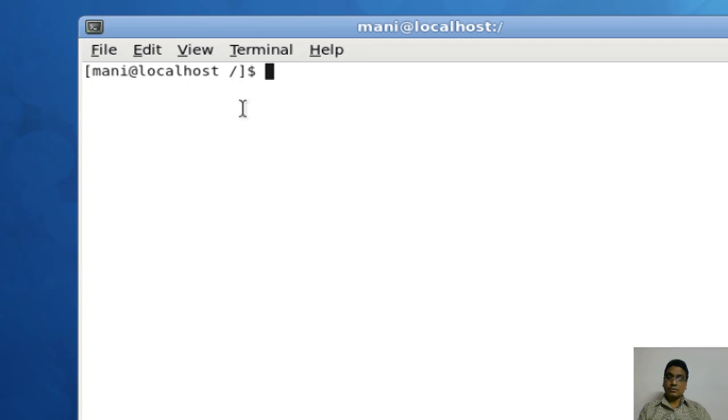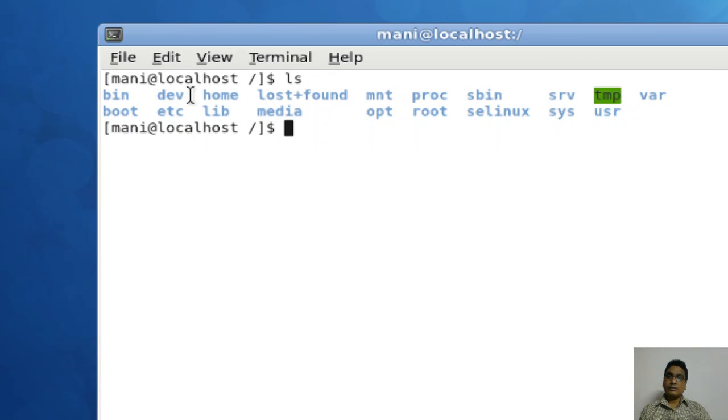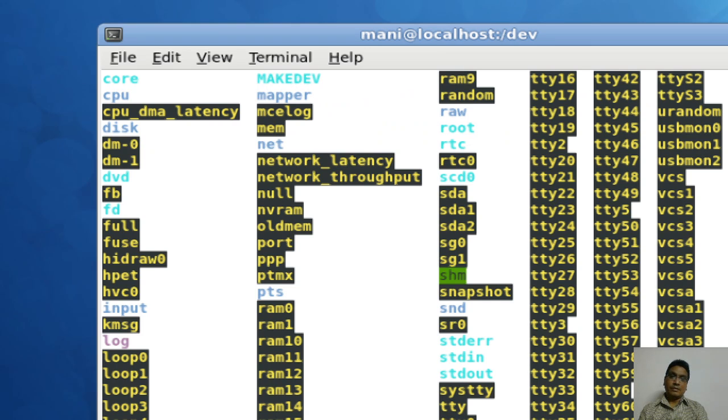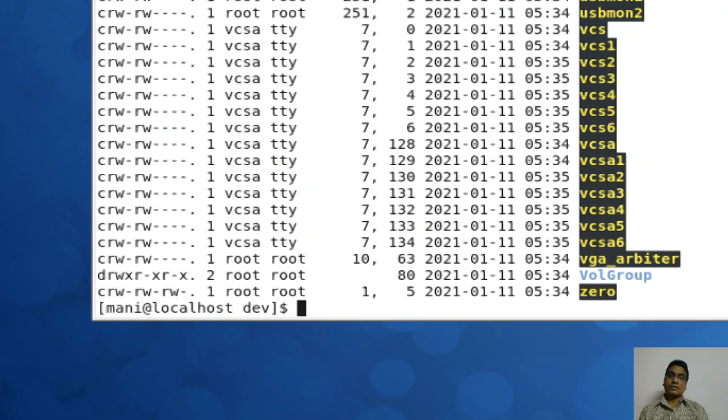So I'm at the root. If I use the ls, let me click here, and if I type ls, I'm going to get a particular directory called dev. Now if I go into that dev, and if I ls, you will find many of them. So for example, you have a terminal, you have the disk, and so on and so forth, and many devices. Let me say ls -l to get the long listing,